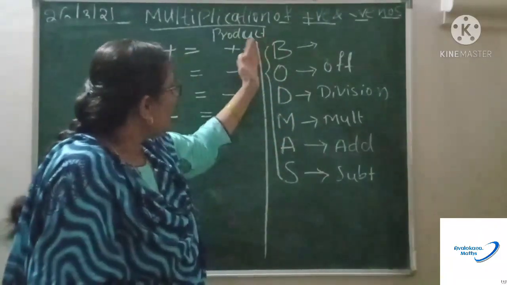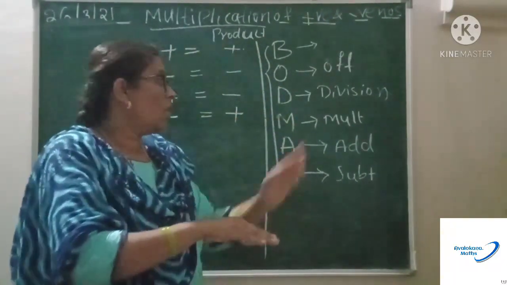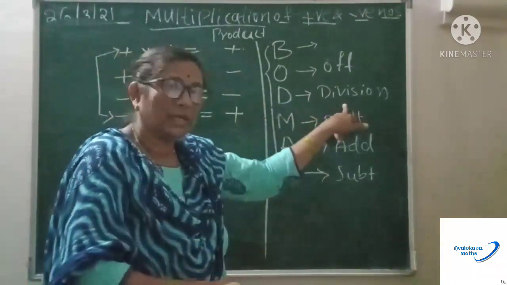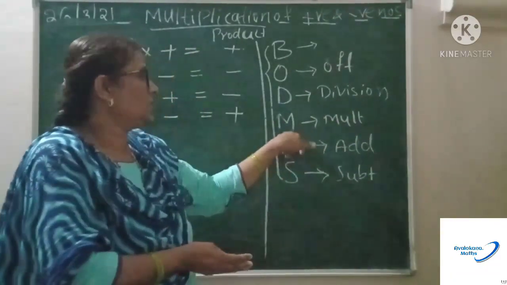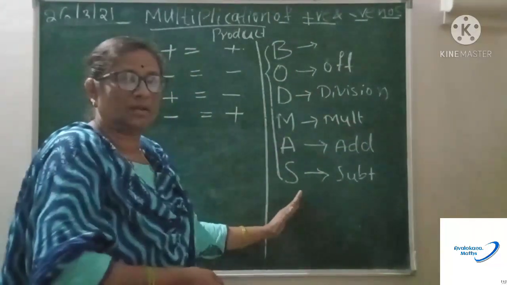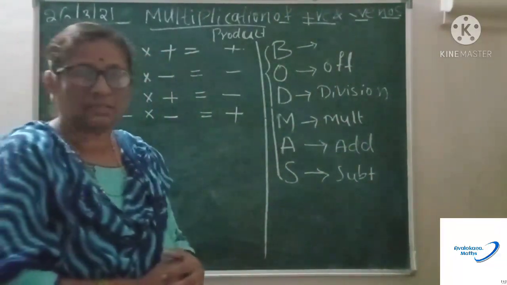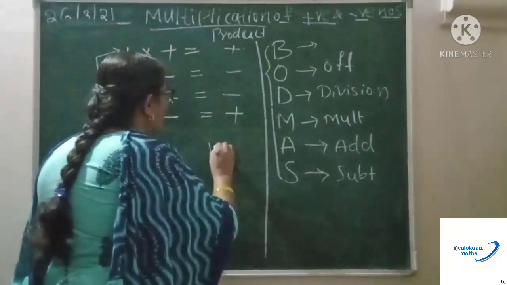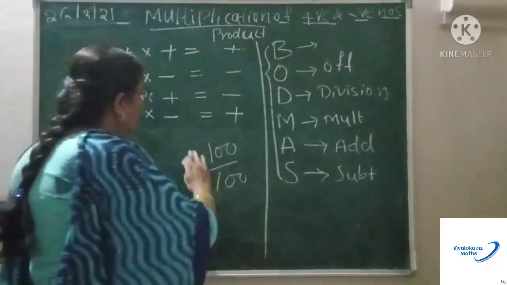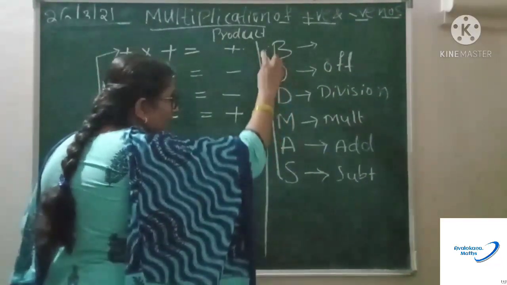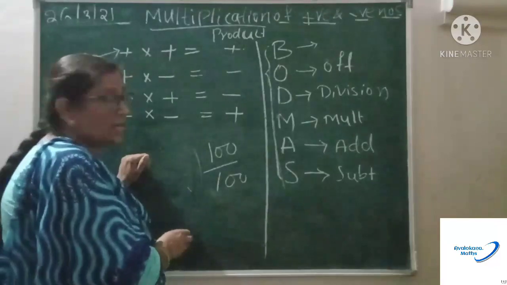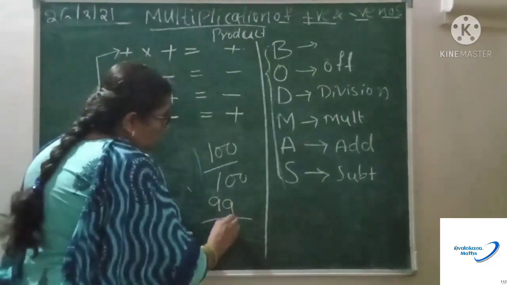If you have a bracket, first simplify the terms inside the bracket, that means remove that bracket. Afterwards, if you have division, do the division between the numbers, then the multiplication step, then addition and subtraction. The students who follow this method are obviously going to get full marks in maths. If you are getting 100 out of 100, they will go back and check your paper. If the steps are not followed this way, they may give you 99 marks out of 100.